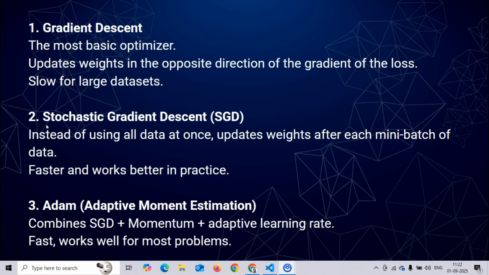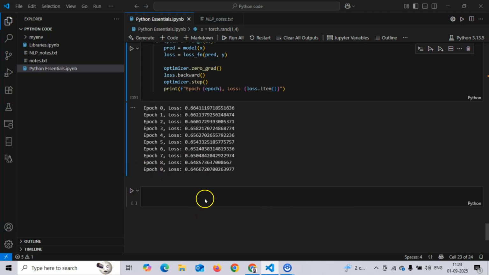Why is it better in practice? Because every time you're taking a small step, your chances of achieving high accuracy are quite higher, because you're being conscious and prepared about it. So usually it's faster and works best, so we use stochastic gradient descent. Let's jump onto the code and understand this specific SGD. So I have my code executed. Okay, the basic formula, let me write it for you.